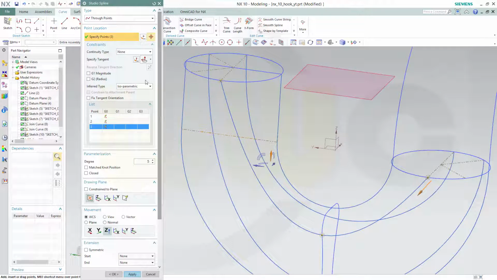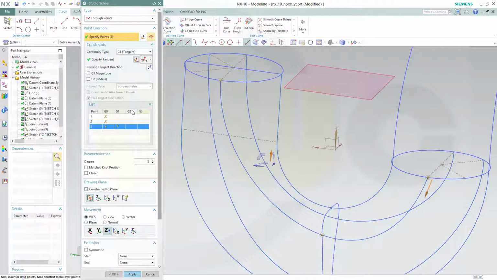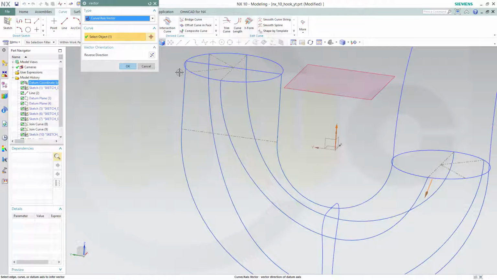Give it a direction, tangency, z-axis, yes, for the first one as well. Reverse,